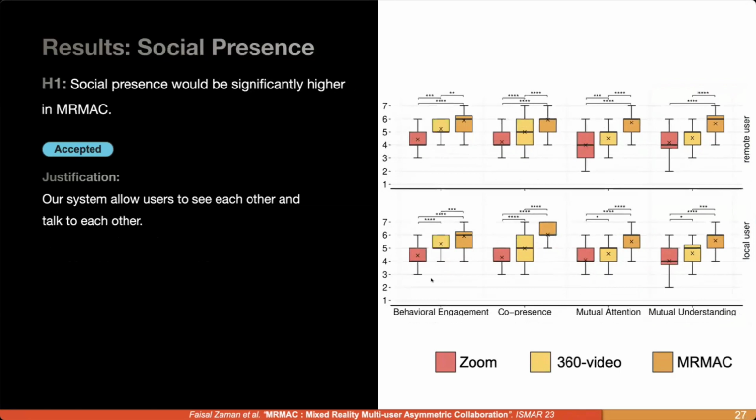We also looked into social presence, especially the co-presence, which is the sense of being in the remote space with someone. So we thought it would be higher. And here is the result, which was significantly higher. So we thought, yep,